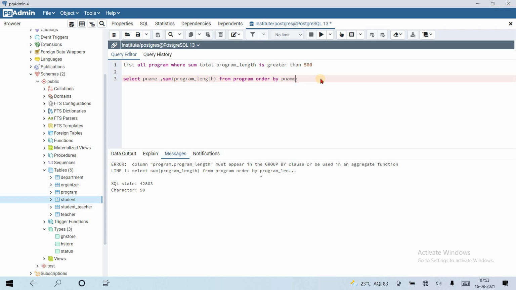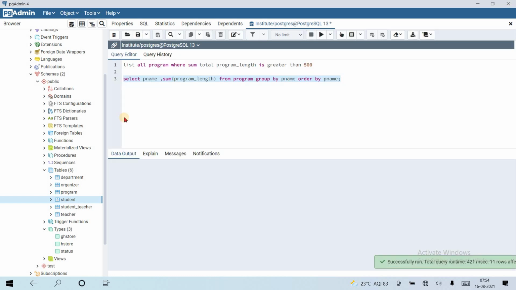Let's see. Use program name. Okay, so we need to use count p name here or use the group by clause. That's it. Let's run the query. Oh, now it works fine.